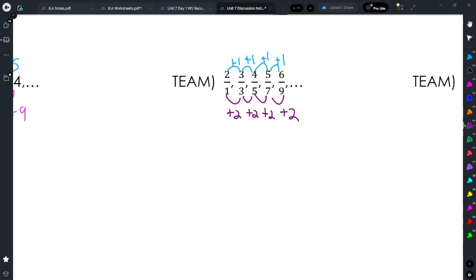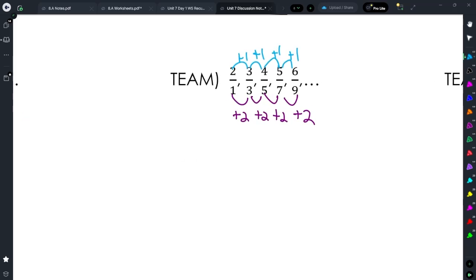So what we'll do is we'll look at these separately. So what came before 2 if I'm adding 1 to get the next term? So it's going to be 1, because 1 plus 1 is 2. And then in the denominator, what came before this? Well, that had to be -1, because -1 plus 2 is +1. So our formula,